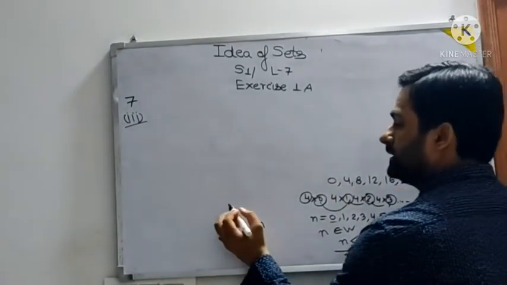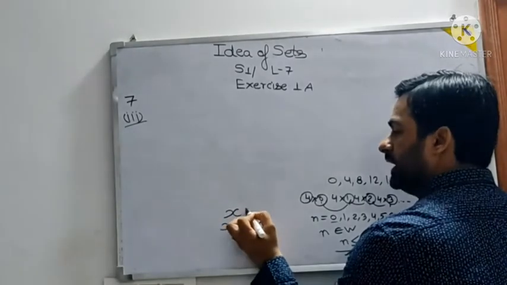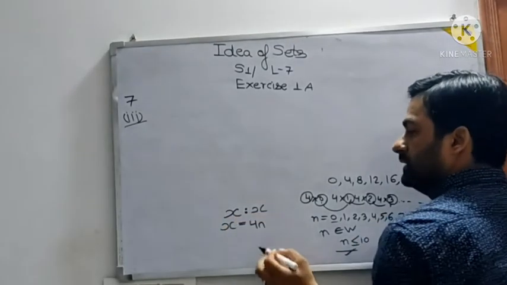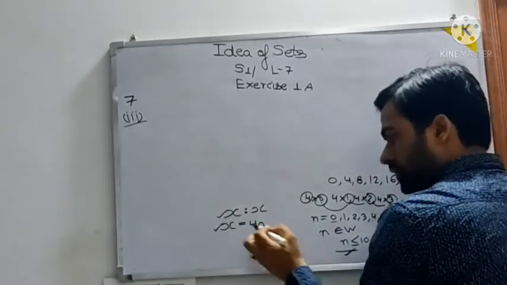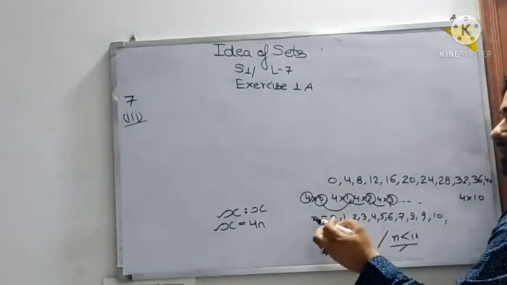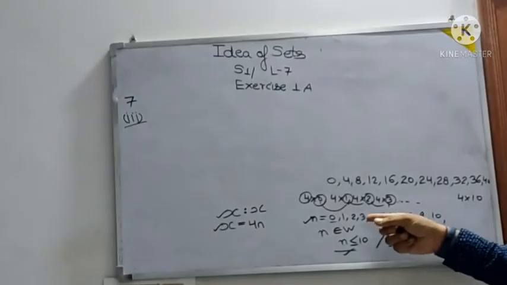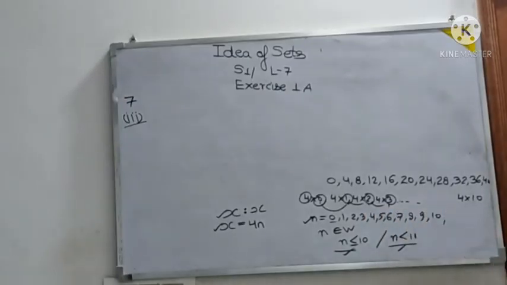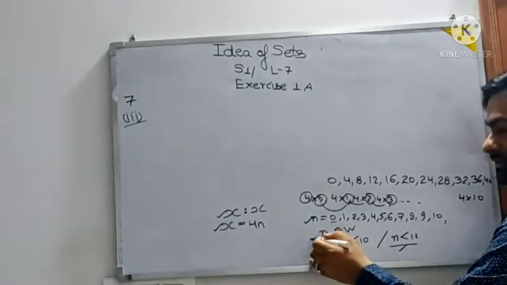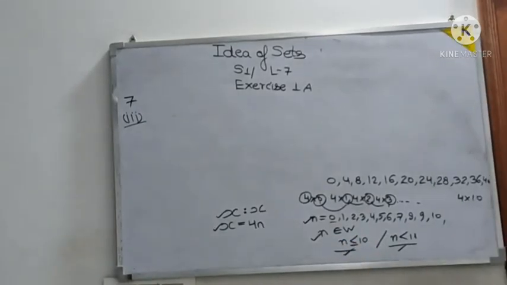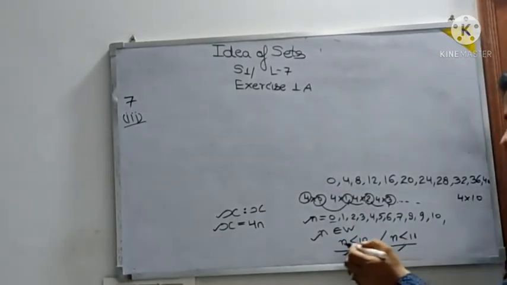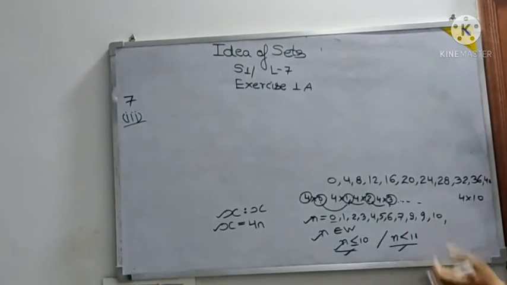There is one more thing: since it is set builder, you have to write x such that x. First the expression we have got, then the values of n, 0, 1, all these things, we have got. Then the family to which it belongs we have got. Now we have decoded the pattern. The limit also we have got. You can write either of them in the exam.